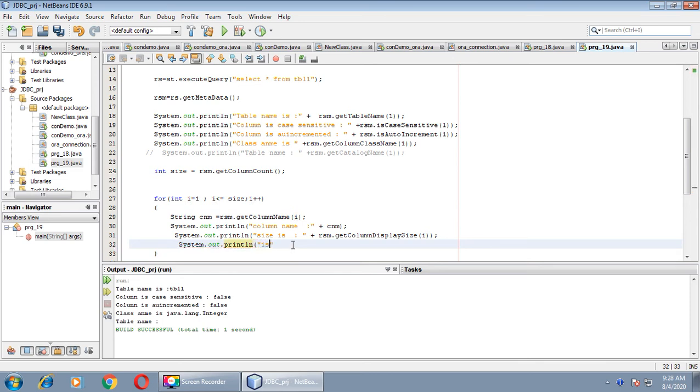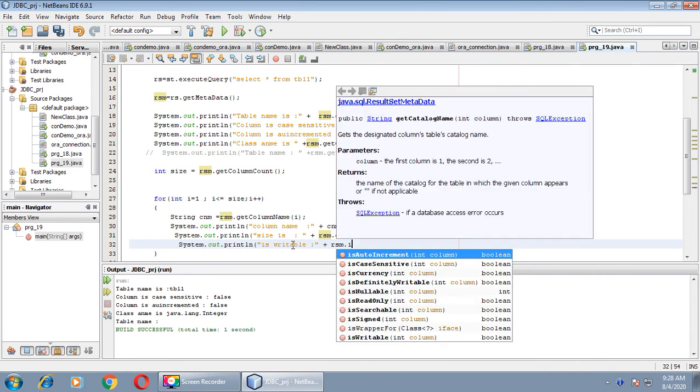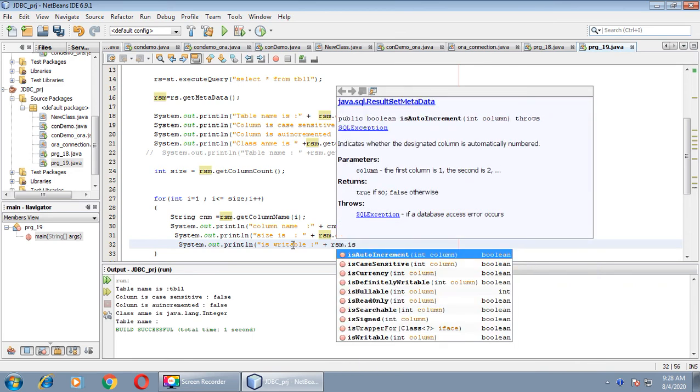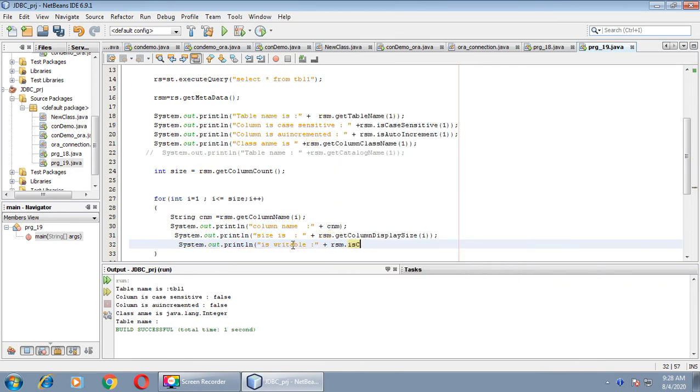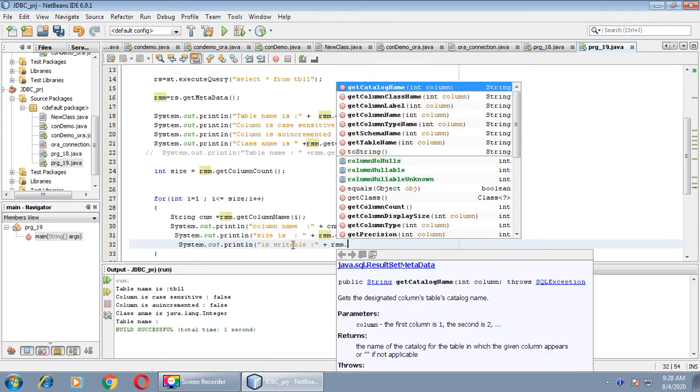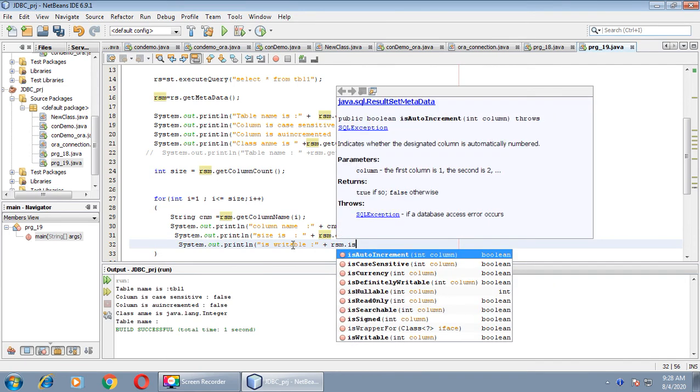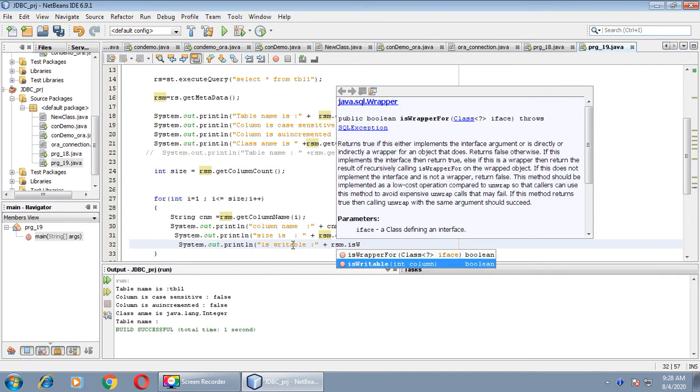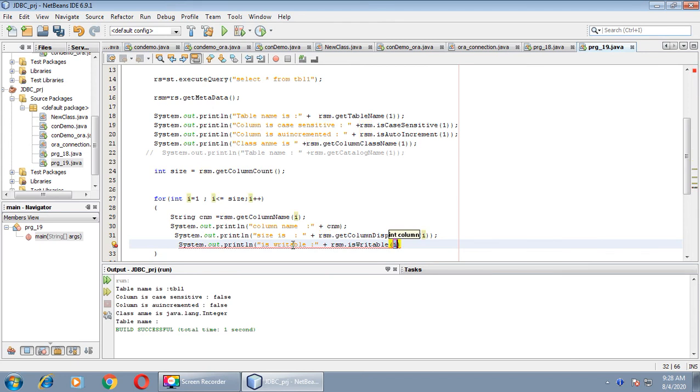Then next is column writable. Again we will take rsm.isWritable and pass i as a parameter, right?